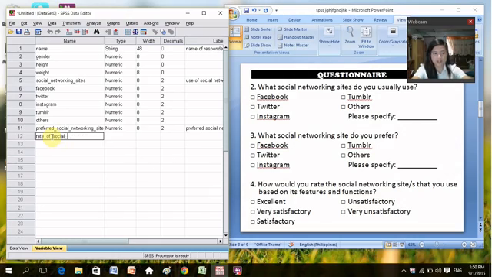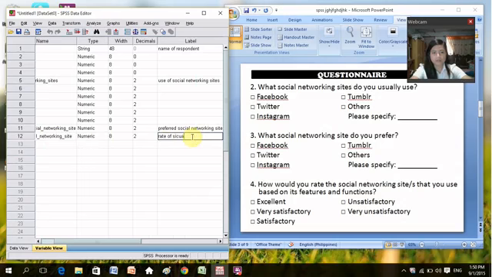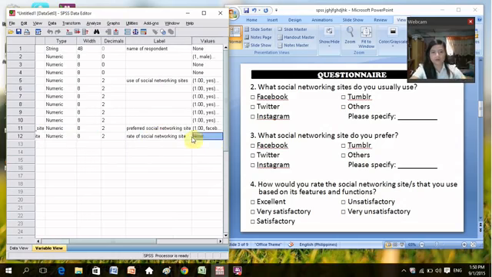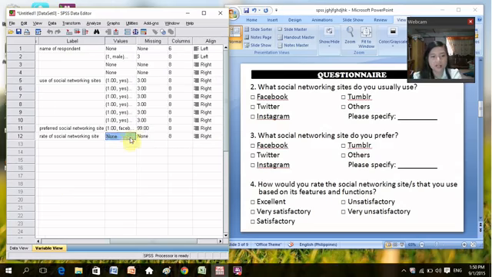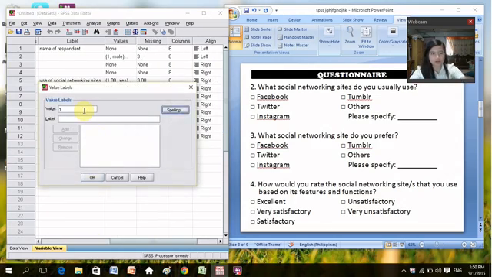Spaces are not allowed. There. So in here, under the values, you would assign values for each: 1 for excellent,